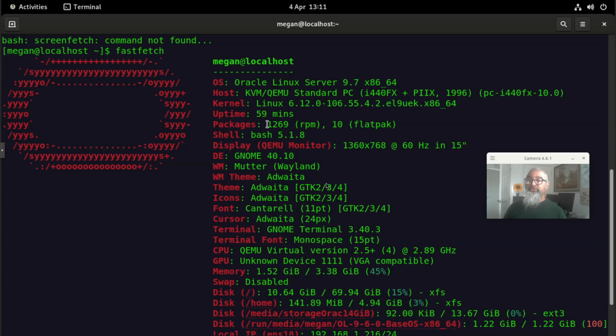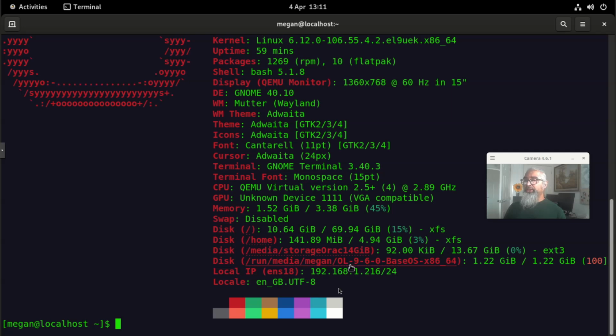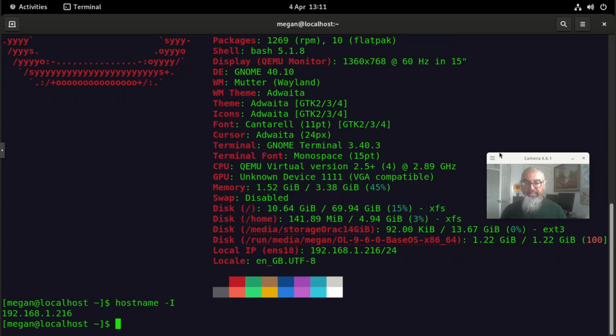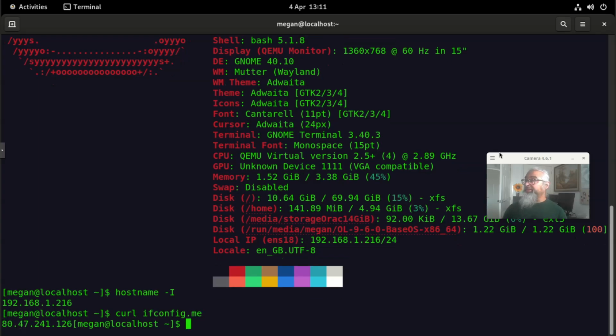So it says that it is running in a KVM QEMU standard PC, but basically it is a virtual environment. It's Oracle Linux Server. It's a GNOME desktop environment, and it also mentions your IP address that you need to really think about. Okay, so your IP address is 192.168.1.216, and we can check that in here with hostname -i, and it will tell you the IP address 192.168.1. But if you do curl ifconfig, then it tells you the external IP address,